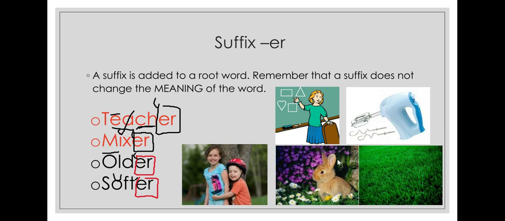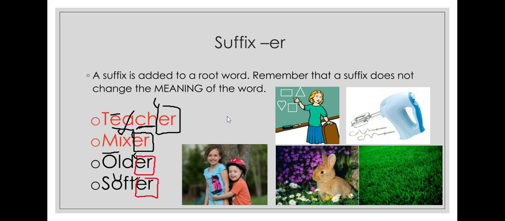What if I was using softer? We're comparing which picture is softer. Do you think the bunny is softer than the grass, or do you think the grass is softer than the bunny? We're comparing the two pictures, just like how we were comparing who was older, the boy or the girl. Okay, so